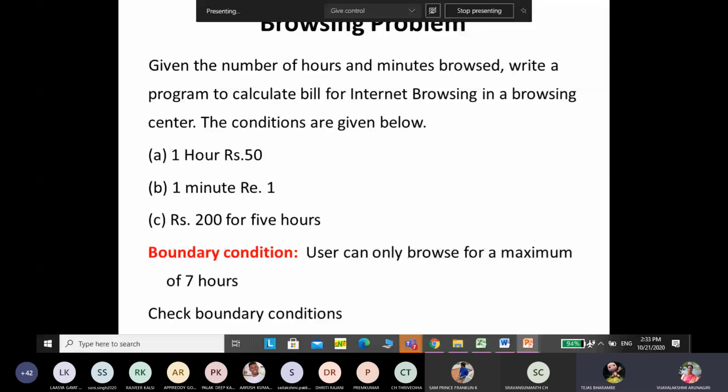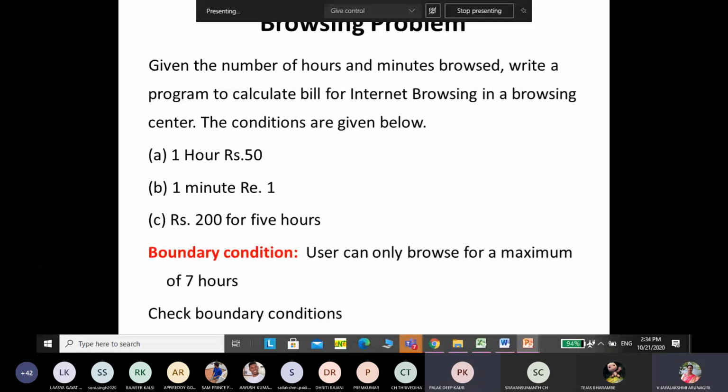The remaining hours? First 5 hours, 200. In 7 hours, the remaining is 2 hours. One hour is 50 rupees. A student says 600, but the first 5 hours are 200 rupees, and the student answers 300 rupees in total.